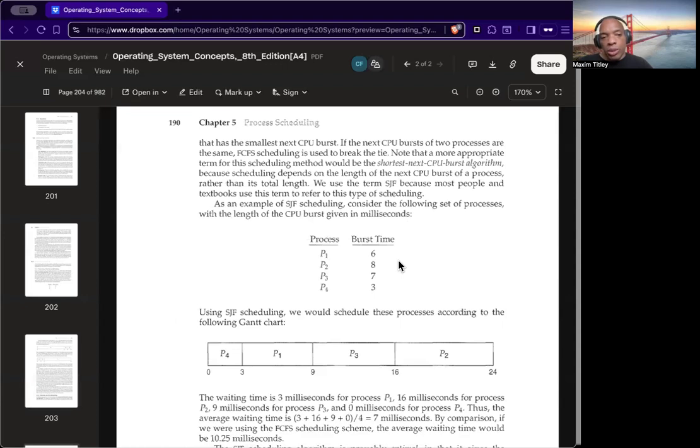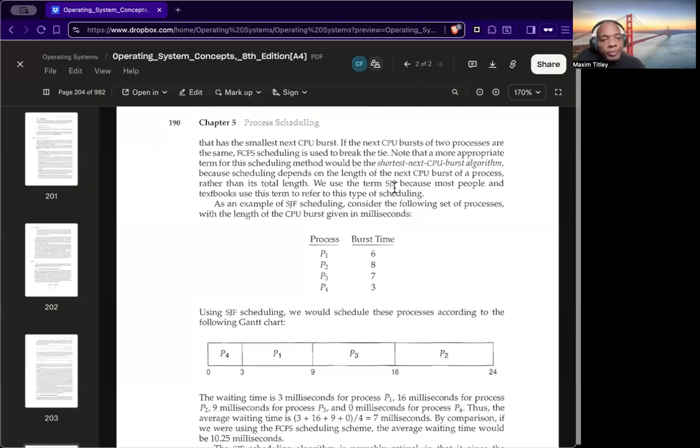Now, let's take a look at this new example, right? So here we're looking at the shortest next CPU burst algorithm. This is a bit more detailed, accurate in detail. And the reason why we say that is as follows. You may not do the entire process all in one sitting or all in one shot. Kind of like in the real world where you might get up and do something else and have a change of pace and then come back to something you were previously doing.